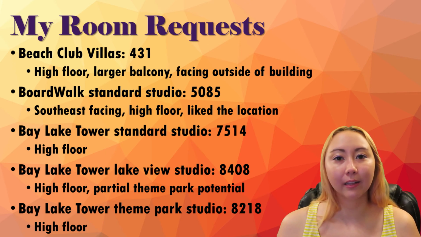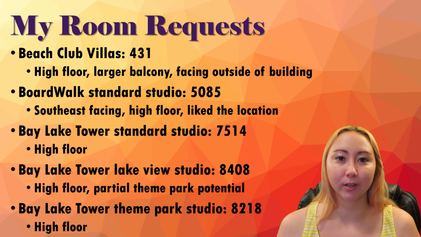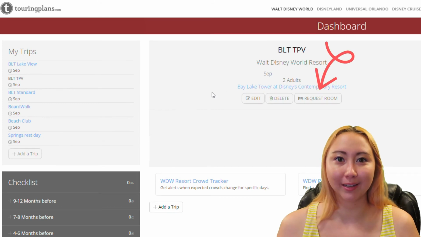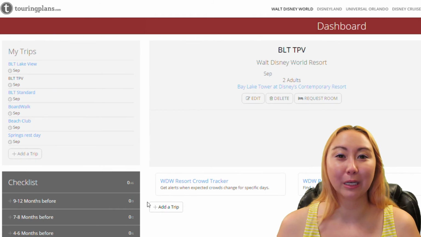Rather than use this convenient "click here" method from the room while you're browsing generally, what you can do is start from your dashboard instead. Go to this section of your trip that you've created, and then from here, click Room Requests. This is a slight annoyance, but it's a really easy workaround, so I thought I would share in case you are a little bit frustrated.